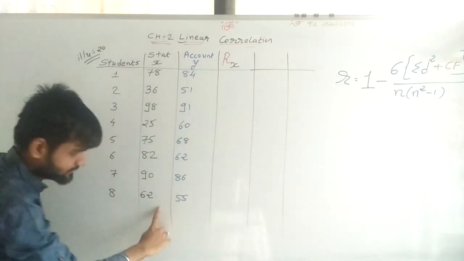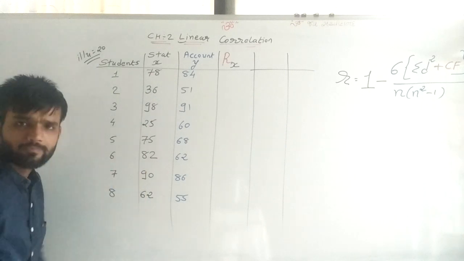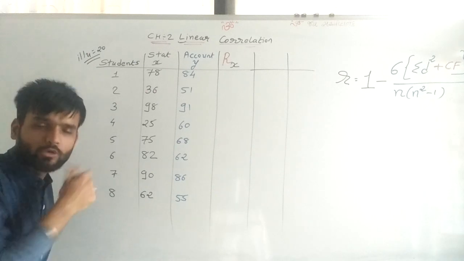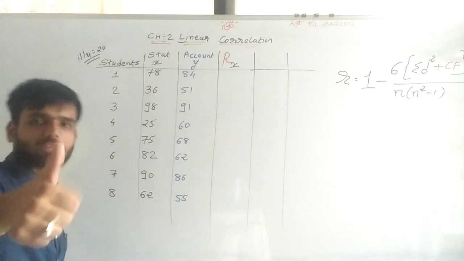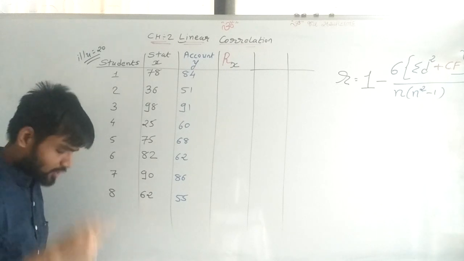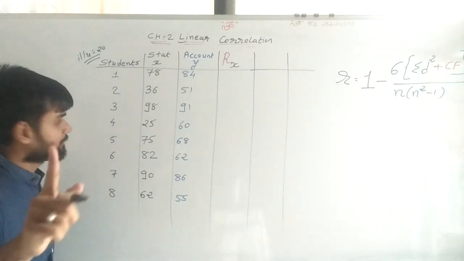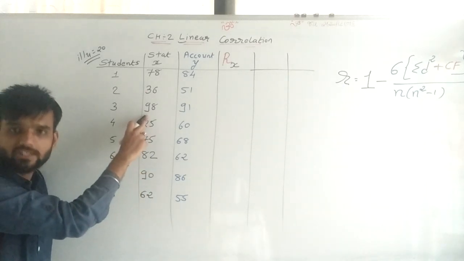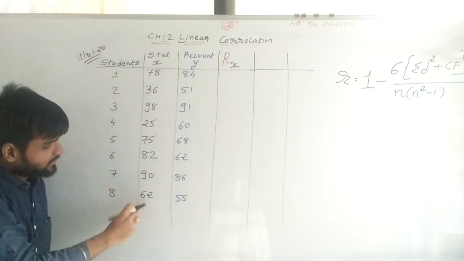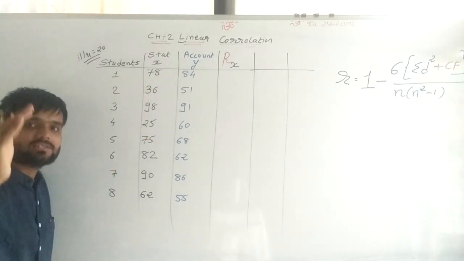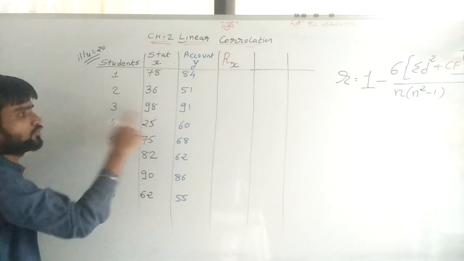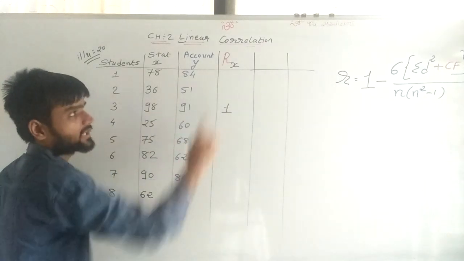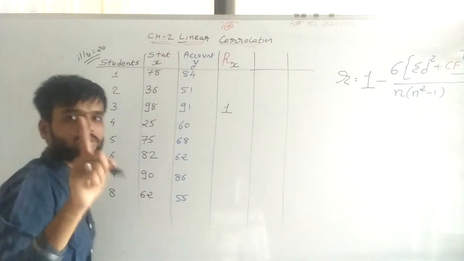Now see all the marks, the highest marks. The student who gets the highest marks gets the first rank in statistics. So write the rank of the first-rank student. Your 98 marks is the highest marks. You can see here, see all the marks. 98 marks is the highest marks. So give first rank to this third number student. So its rank is first rank, rank of X, first rank given to 98 marks.